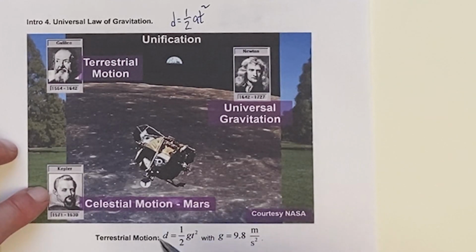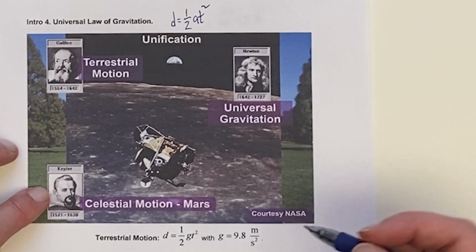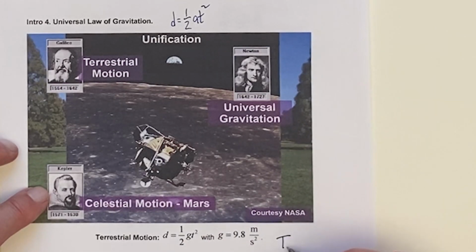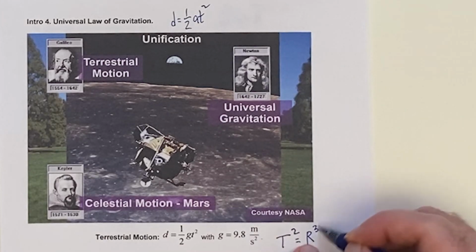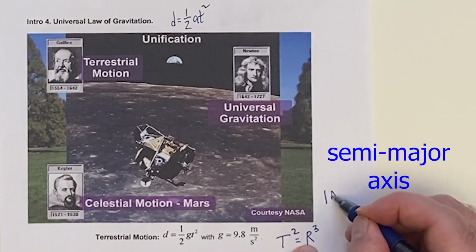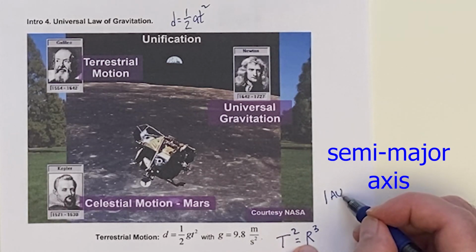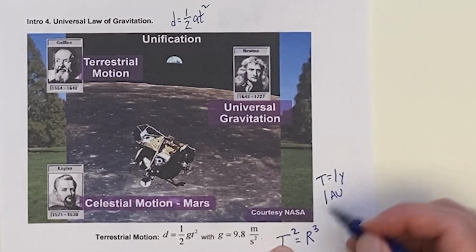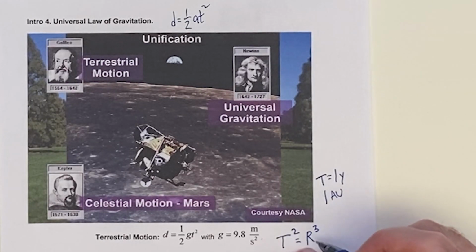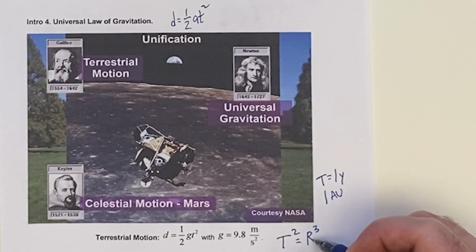And then with Mars's orbit and studying other orbits, Kepler found that the time it takes a planet to go around the sun, if you square it, is equal to r cubed. Now they would have different constants in there depending on the units, but if you take r to be 1 astronomical unit, which is how far the Earth is from the sun, and T is equal to 1 year, then this would work. 1 times 1 is 1 times 1 times 1. And then the brilliant